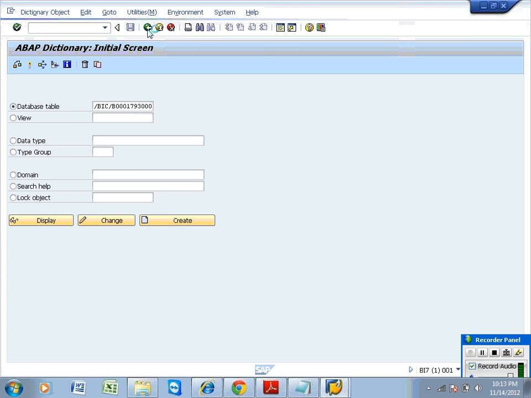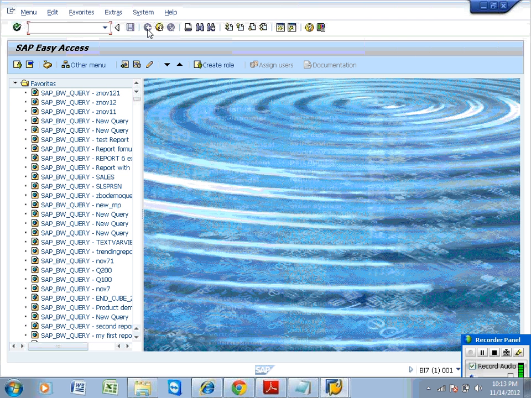This is one way. The other way would be to go to RSA1 old and select your info source. Show data flow diagram. You will end up with the data flow diagram. There you can see the PSA table also. Then click on technical settings. The PSA table will appear with the technical name. Now you have got the technical name for the PSA. Then copy from there and paste it. That's it.